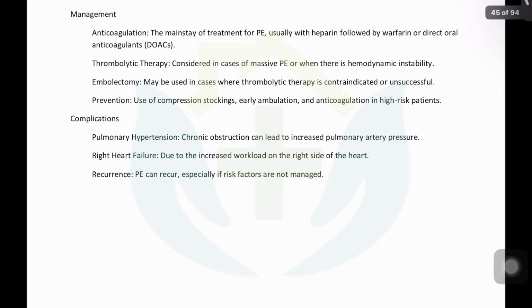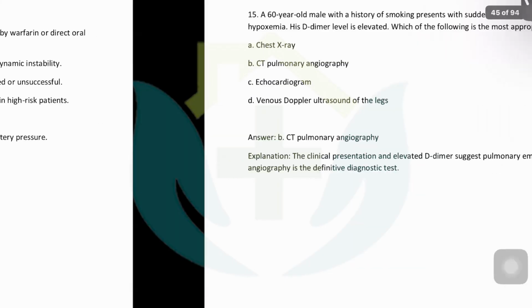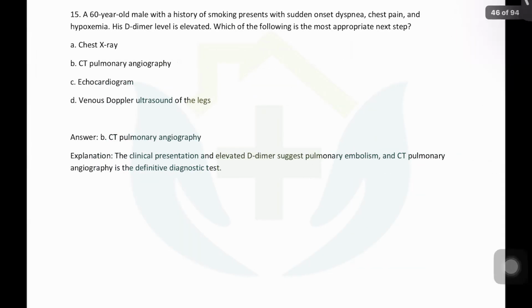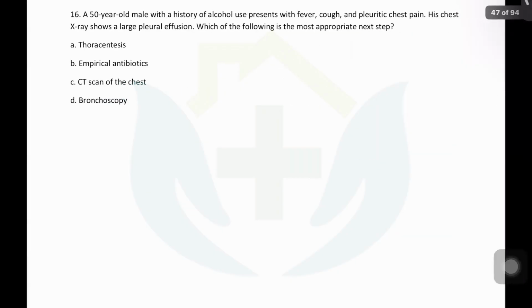So complications would be definitely death, a very, very important complication. If you do not treat and act fast, the patient can die with a massive pulmonary embolism. There are three types of pulmonary embolism: massive, submassive, and mild, moderate pulmonary embolism. So massive and submassive are the categories where you need to thrombolize these patients. And the agent to thrombolize, I have made one pagers for you also that I'll share with you, and you can download them for your preparation.